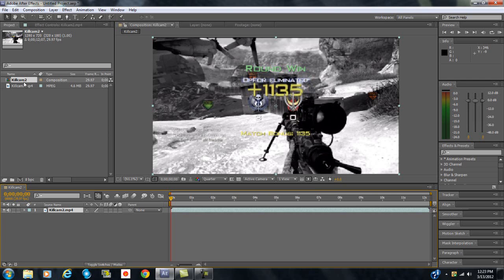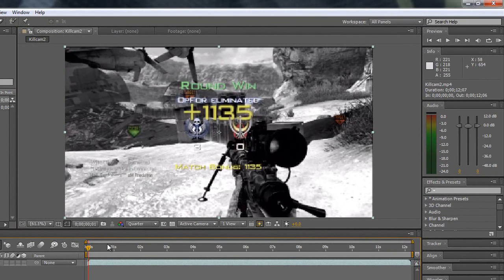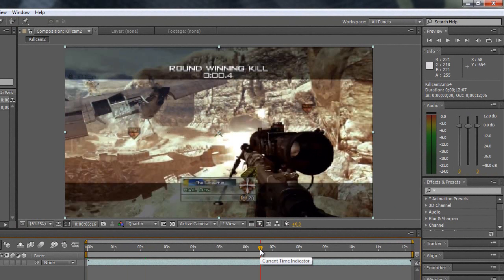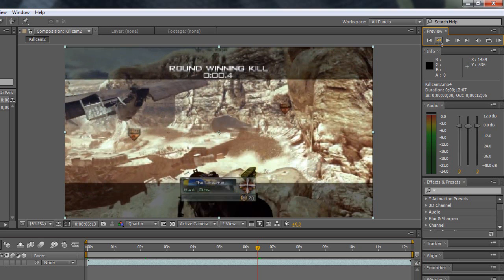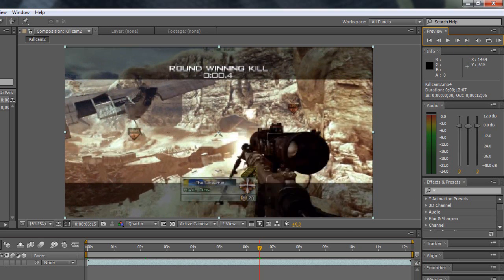Alright, first you gotta get your clip in, bring it down to the composition. You know how to do all that stuff. Then go to where you want the motion vector to start, which is just a kill cam my friend recorded a while ago, and get it to right where I shoot. Right there. And then over here, type in motion